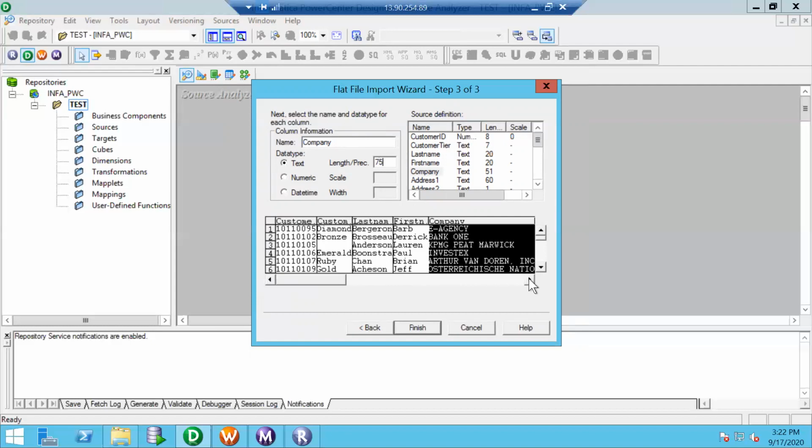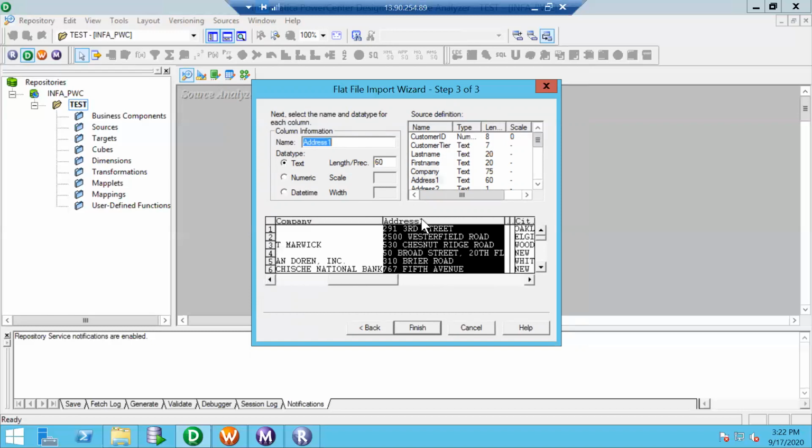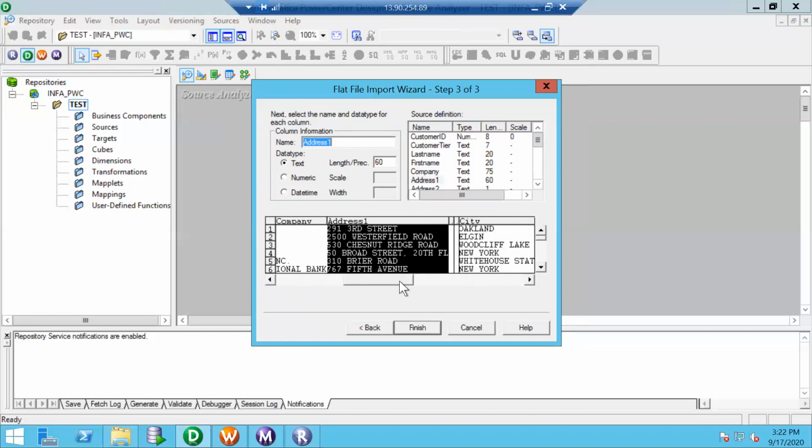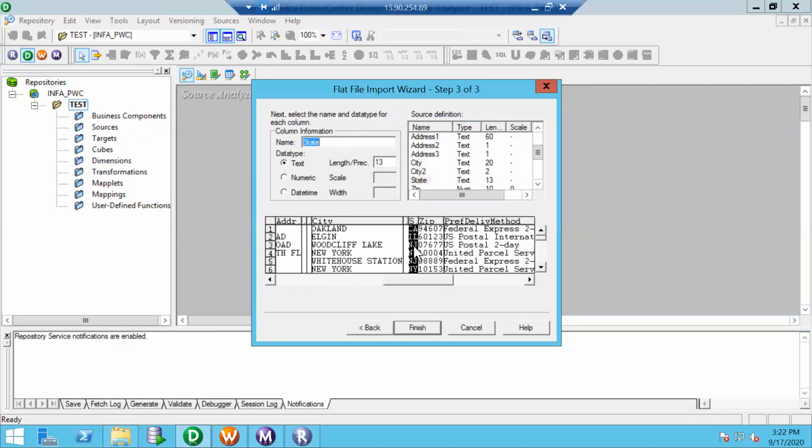I can scroll it. Likewise, we have to adjust the data type in certain cases, as well as the length. Here chip is numeric, and I can specify text.